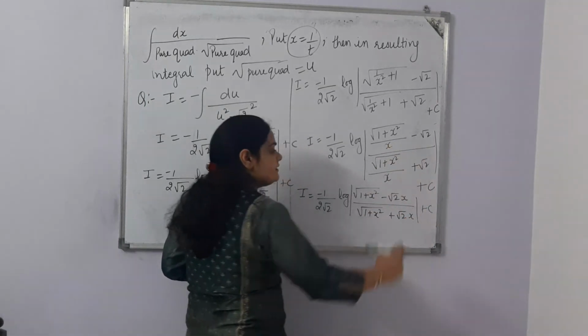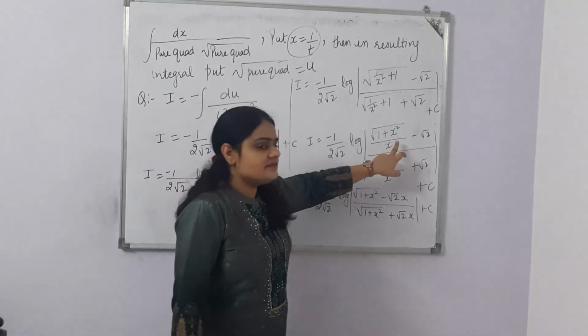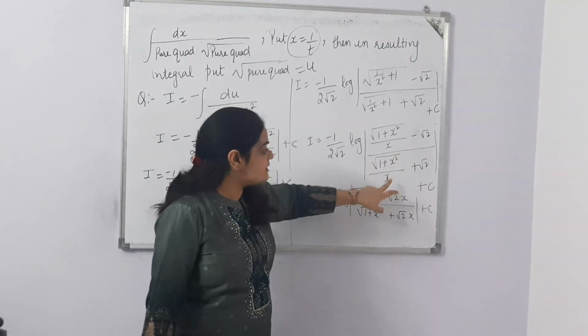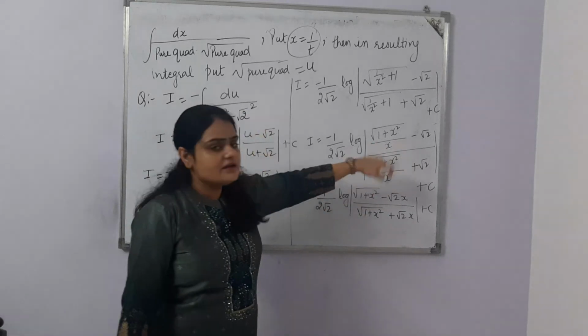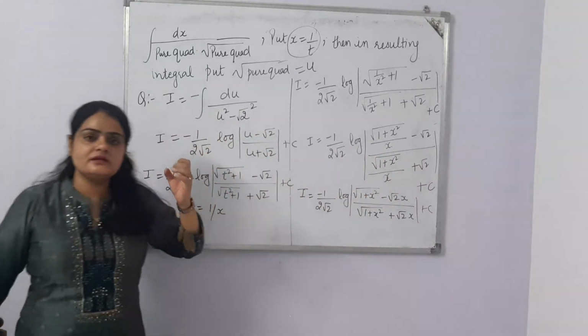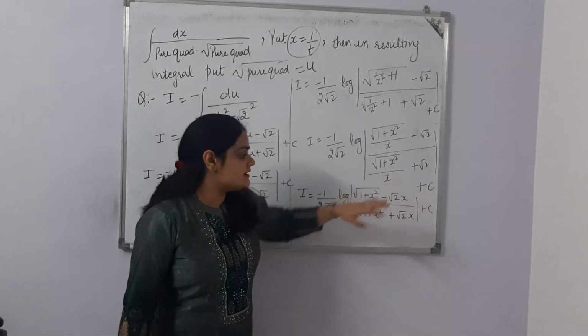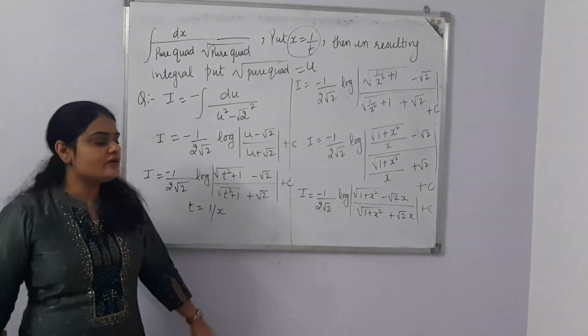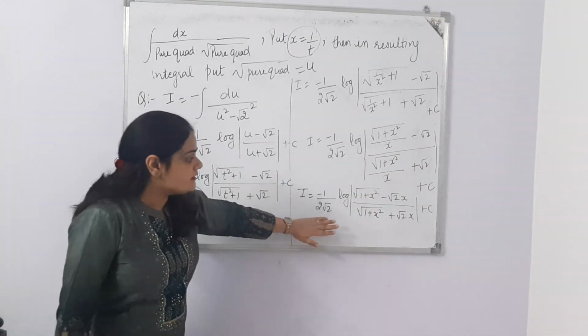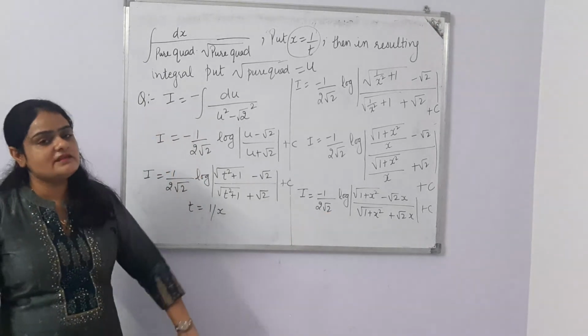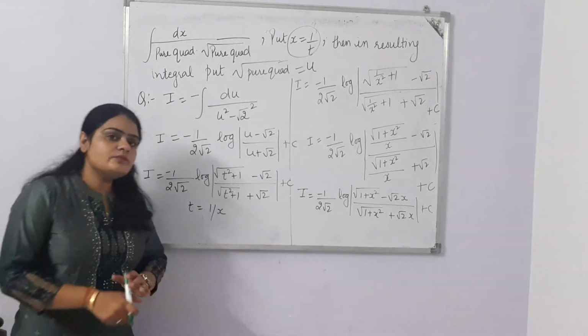This x is in the denominator, that means in the numerator this is part of the denominator, that means a by b upon c by d. So b and d terms can cancel if both terms are the same. So here b is x, d is x, so we can cut it out after taking LCM. So now this is in terms of x, the same variable which was given. Hope the question is clear.